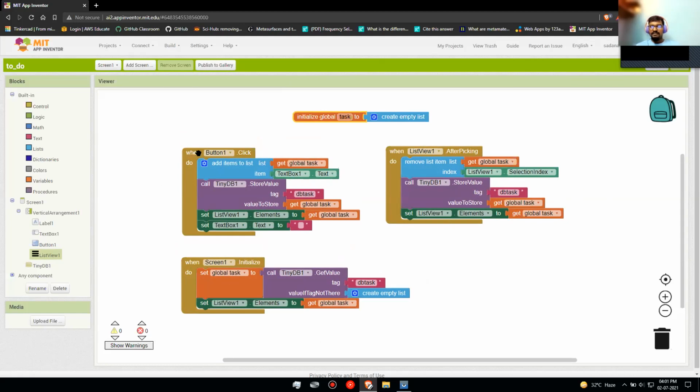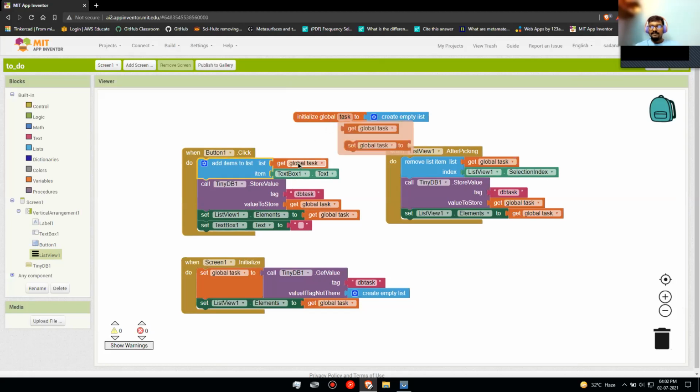Okay, so I'll just go through it once, so what each block does. First we have initialized global task, a variable to store the things that we write in the text box, and a list created to store all the variables. Next is when button 1 is clicked. It will add items to the global variable that we have created, that is task.